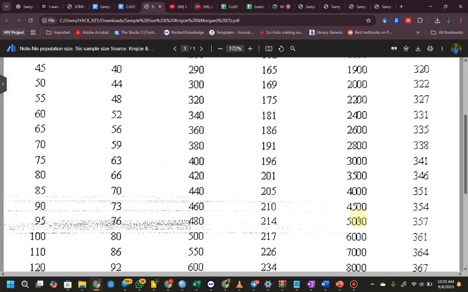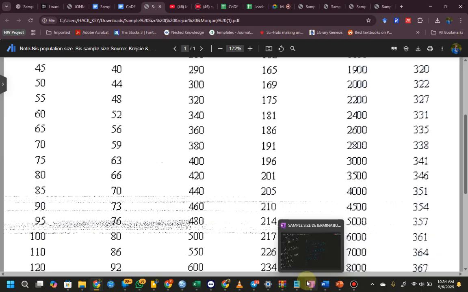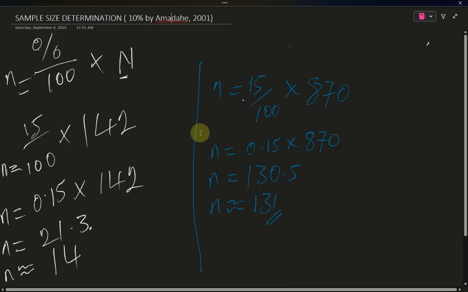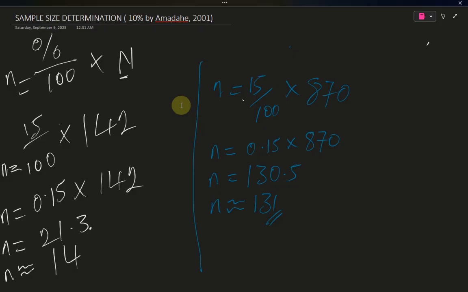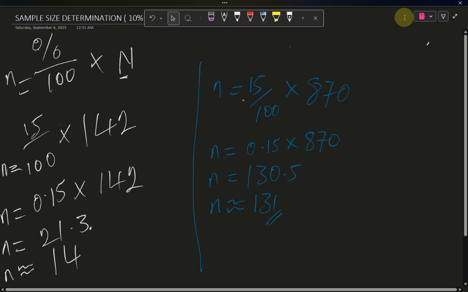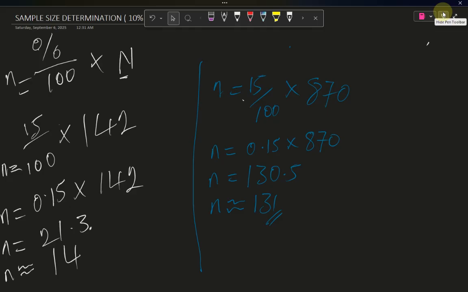All right. Now the second method is using the percentage method of calculating it, which we had demonstrated. For example, Amadahe 2001 recommends 10% of the accessible population. So if we want to do 10% of the accessible population,